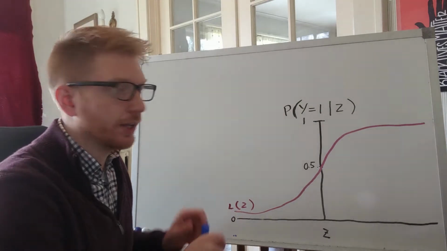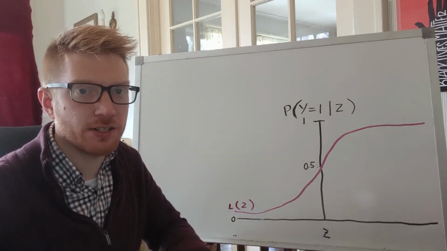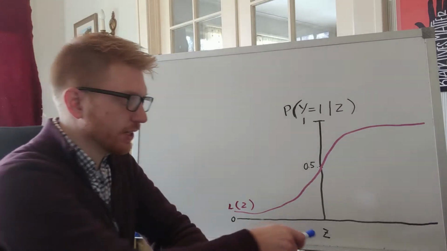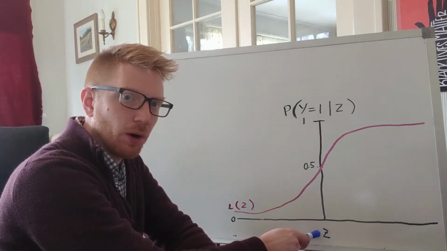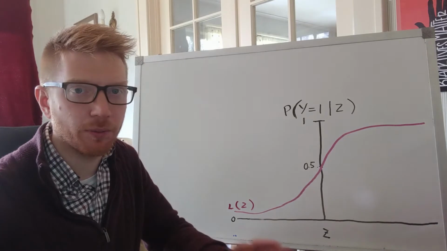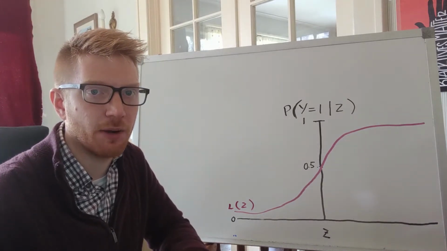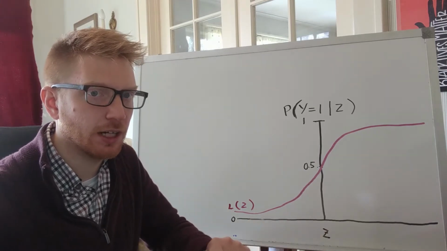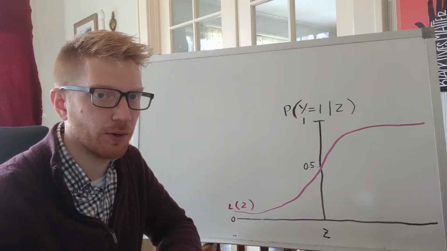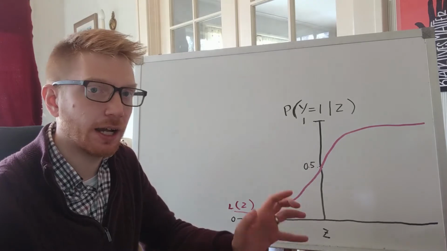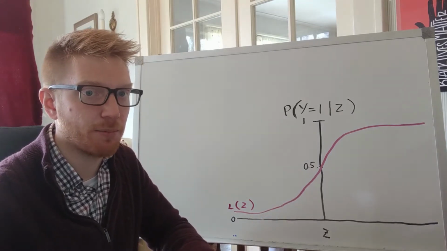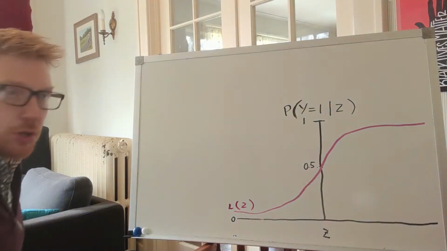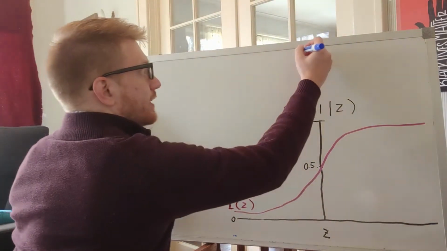What I've drawn here is that S-shaped curve that we talked about in our last lecture. Previously we only had one variable that we were thinking about. It was just the spread. That was our x. Now we're going to be combining variables, and I'll explain in a second what we're going to do to make that happen. And we're going to use z to represent the combined variables. So what z is going to be defined as